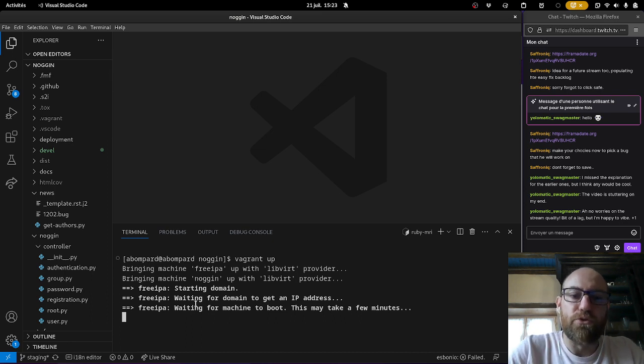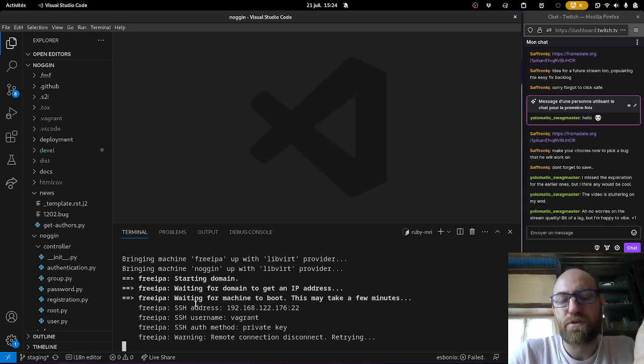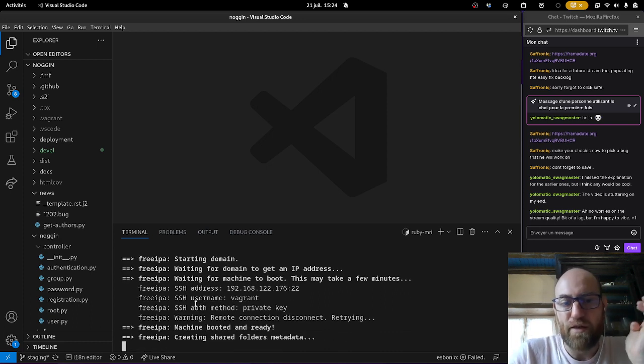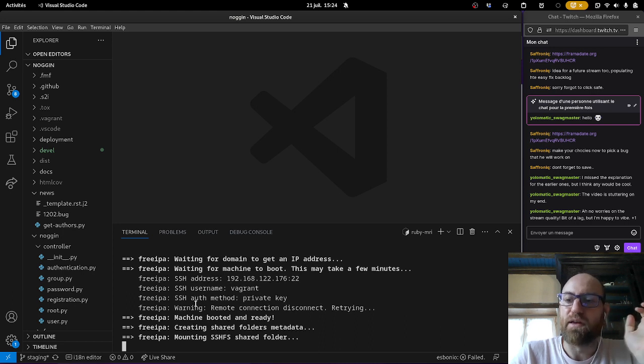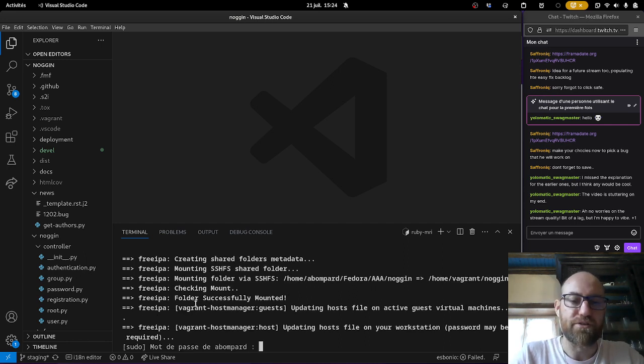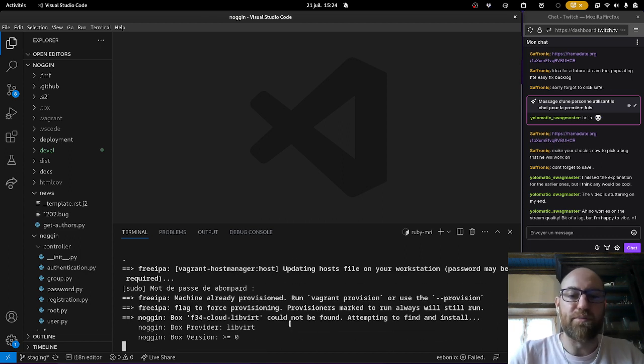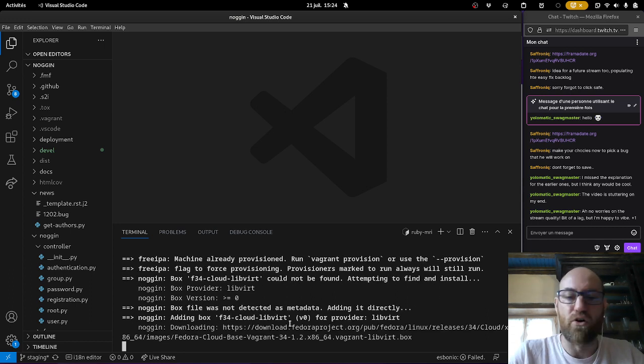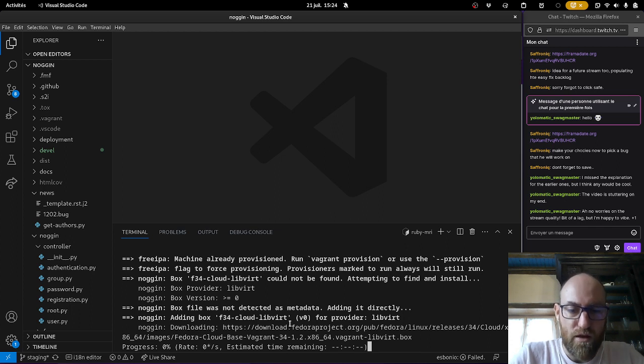So Noggin is a web interface to do some self-service with IPA. IPA is the backend where everything is stored. It's in an LDAP database. It has a lot of things around it that will make it practical and connected. And it has an API, like a REST API that you can query and that you can make changes on. Lots of things. At the moment, it's going to restart this. That's a bit too bad.